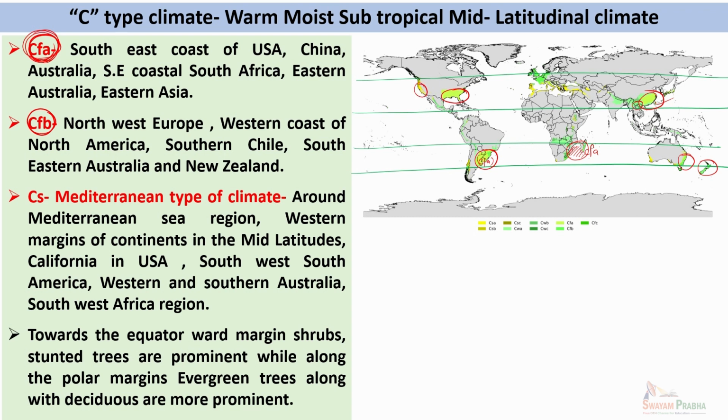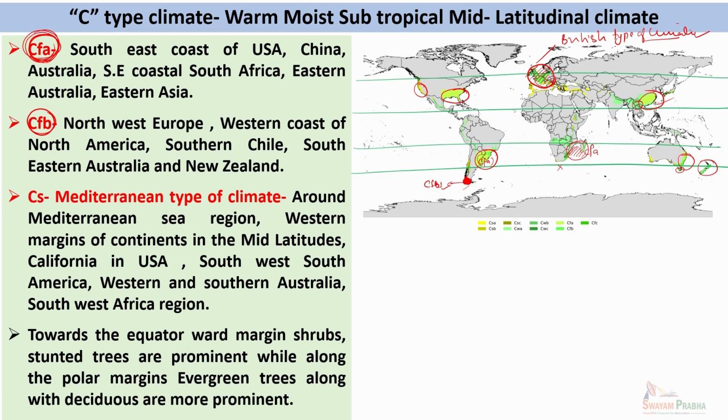Therefore, it is also called marine west coast climate. And this type of climate is best developed around the island of Britain, UK, and certain parts of Western Europe. So this is sometimes also called British type of climate. So you can see parts of Europe and UK experiencing this climate, and then in the southern hemisphere in South America, southern Chile region also experiences CFB type of climate or British type of climate. And you don't have the British type of climate in South Africa, okay, because you don't have that extension of landmass to these higher limits so that British type of climate can be experienced.